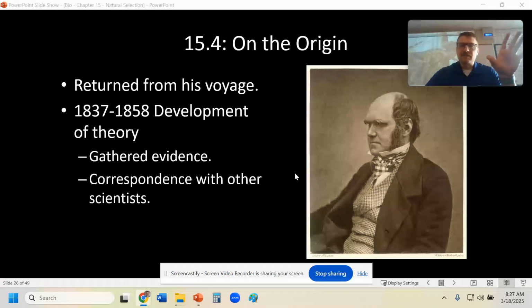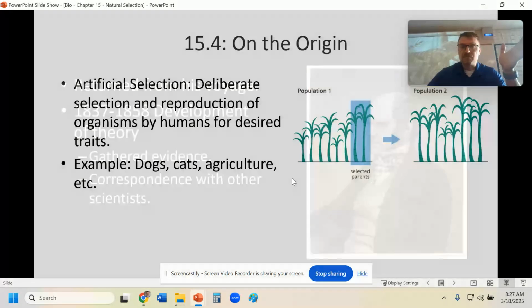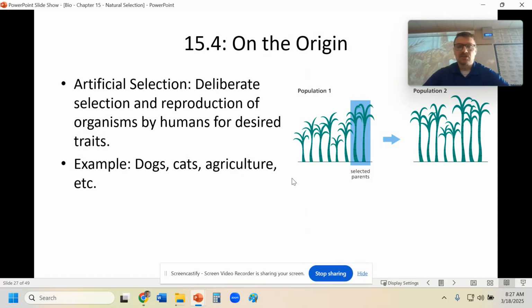So that's one big misconception people have. People think that he got to the Galapagos and was like, oh, I understand evolution. Now let me write about it. He saw what he saw on the Galapagos, and he took from there some information, but he took years to come to his conclusion about natural selection.